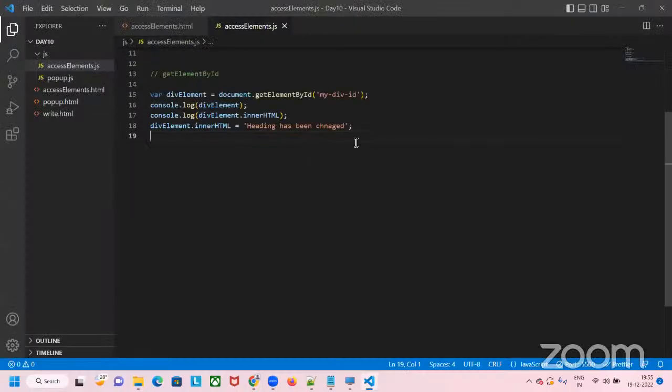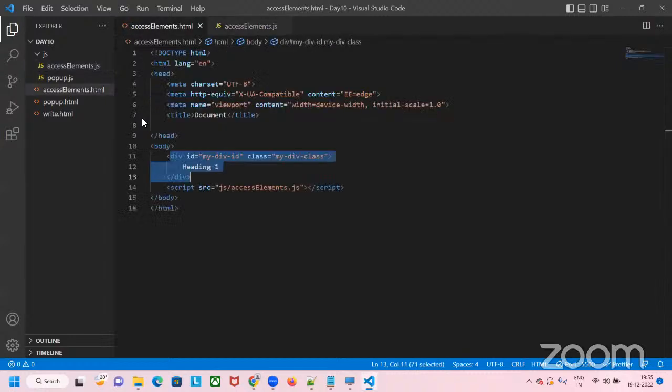And this is one way. There is another way also. So what I'll do is I will create